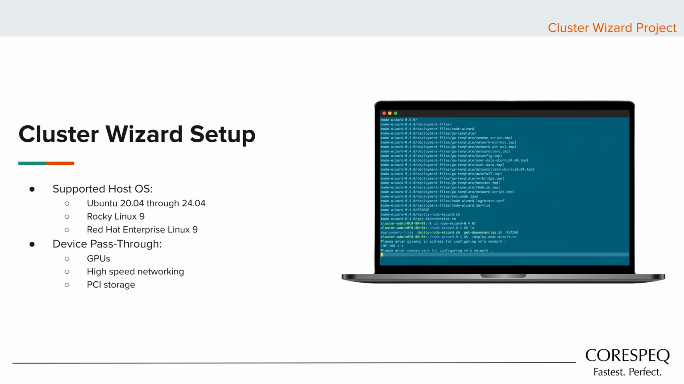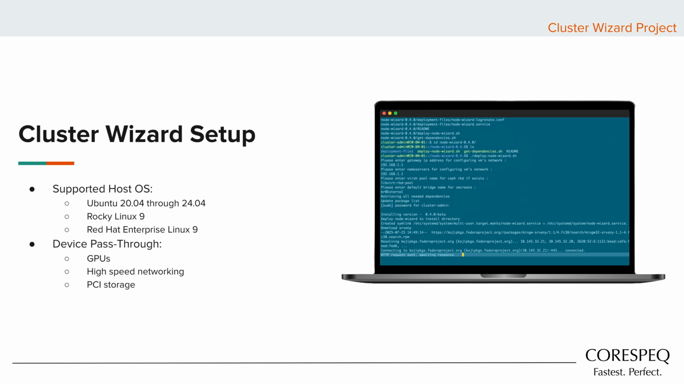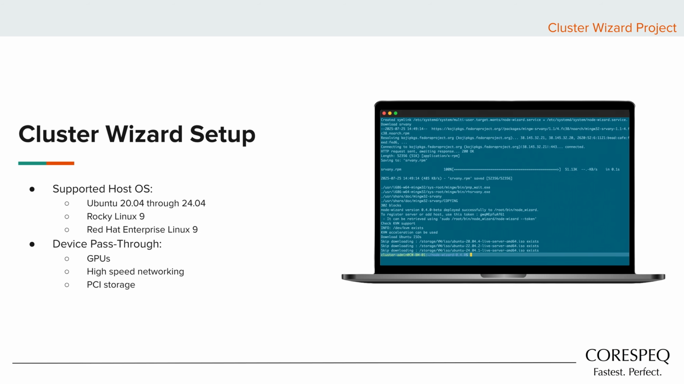ClusterWizard supports several major operating systems for cluster servers, including Ubuntu 20.04 through 24.04, Rocky Linux 9, and Red Hat Enterprise Linux 9. ClusterWizard is designed to deliver high-performance computing clusters with minimal overhead. One of its core advantages is device pass-through for GPU, high-speed networking, and PCI storage, enabling significantly lower latency for